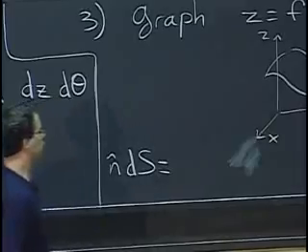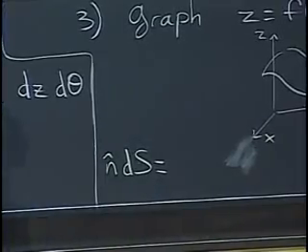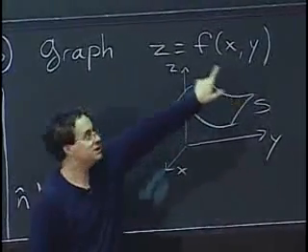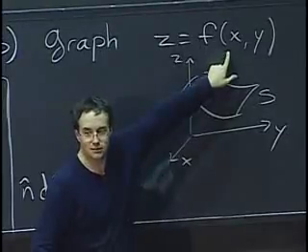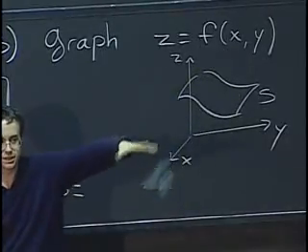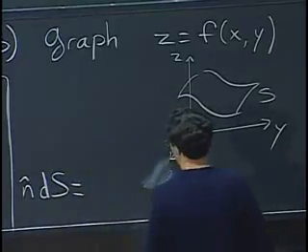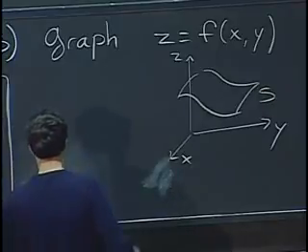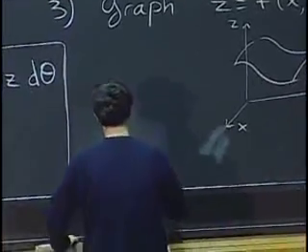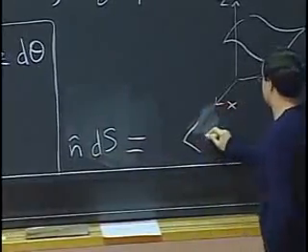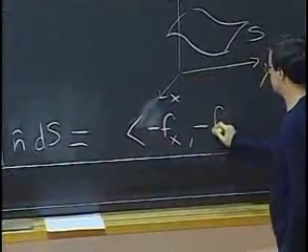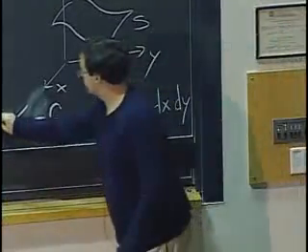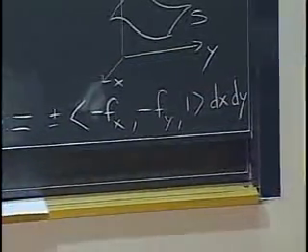But what variables do we want to express this in terms of? Well, most likely x and y, because we know how to express z in terms of x and y. So this is an invitation to get rid of any z that might be left and set everything up in terms of dx dy. The formula that we're going to see, and we'll see the details of why it works tomorrow, is that you can take negative partial f partial x, negative partial f partial y, and 1, dx dy. Plus or minus, depending on which way you want it to go.